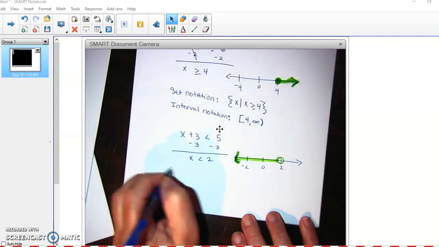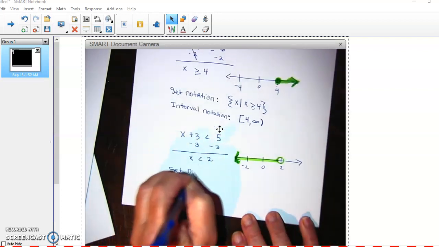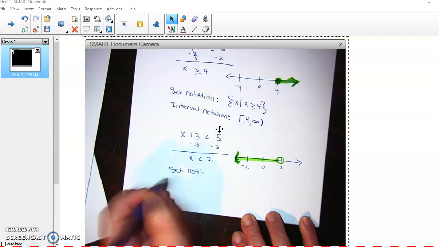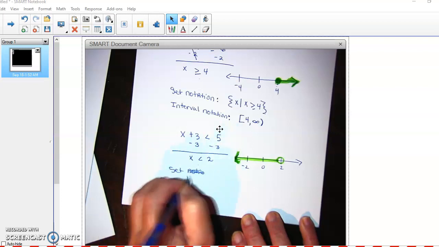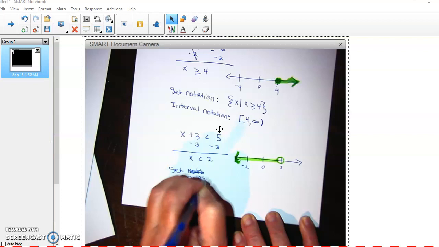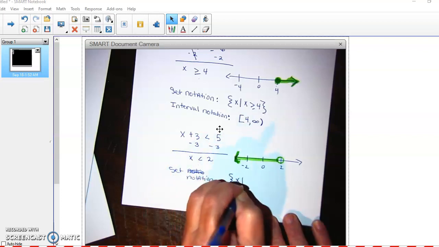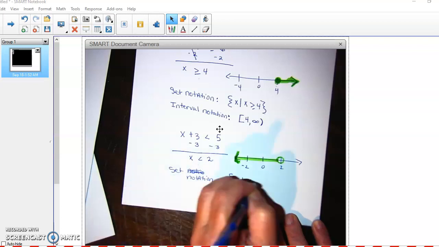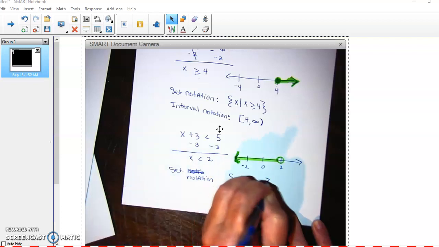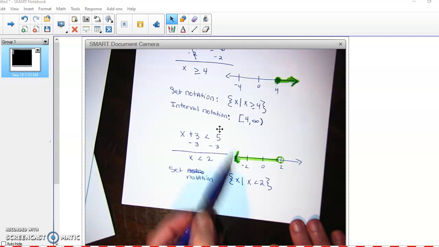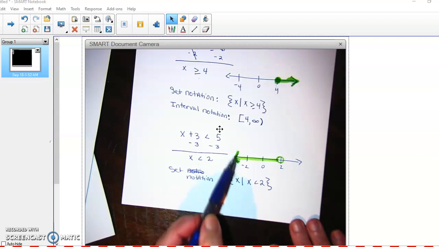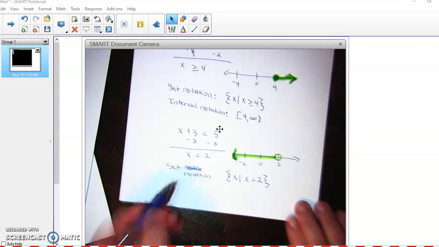So now we're going to do set notation. Oops, I spelled that incorrectly. Okay, so we're going to say x such that x is less than 2. And now, this is the infinity, a negative infinity on this side, right? So for interval,